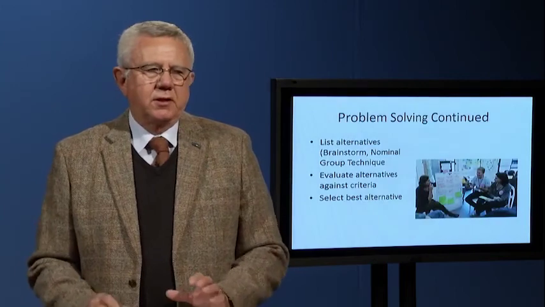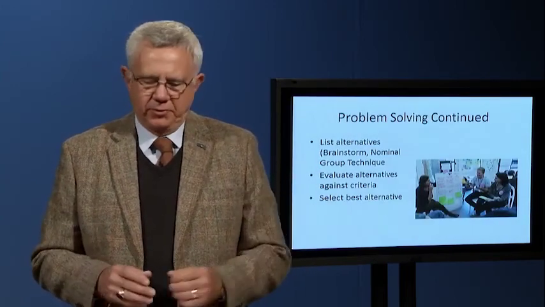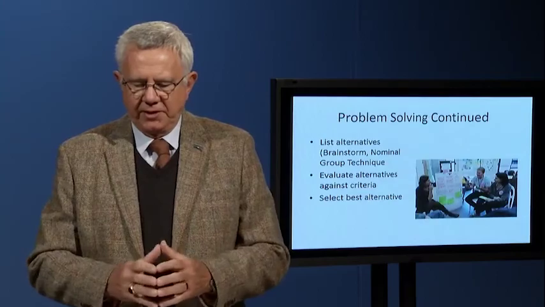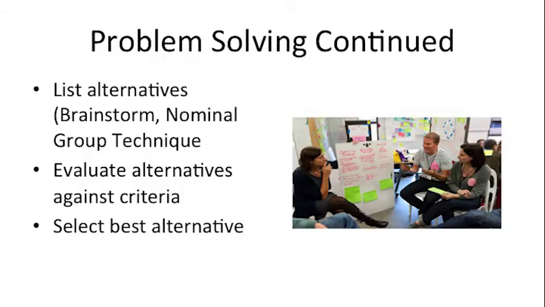You then want to start to take a look at what the alternatives are that are available to us. You want to be brainstorming to get as many ideas out as you can. And there are a number of techniques a group can use. One is brainstorming, as I just mentioned, where you just throw ideas at the wall and see what sticks. No idea is bad, you get them out, so volume and quantity is very important. The nominal group technique is where everybody writes their suggestions down, they're turned in, and then they're posted without any attribution to one individual. That neutralizes the emotional side of it.